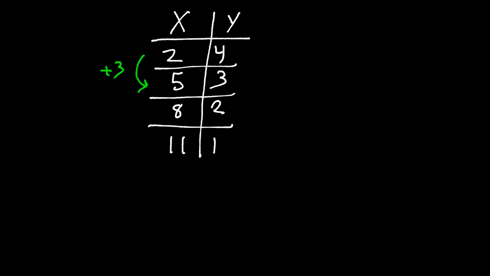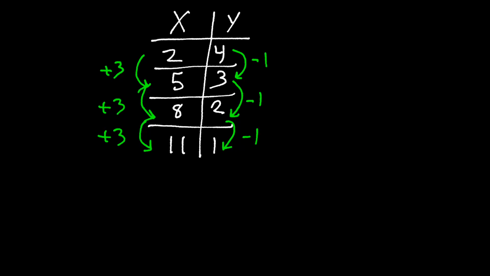Then I go from 5 to 8, which I added 3 as well. And then I go from 8 to 11 by adding 3 as well. So our x's are changing by the same amount. Now let's look at our y values. I'm starting off at 4 and I'm going to 3, so I am subtracting 1. Then I am starting at 3 and going to 2 by subtracting 1,